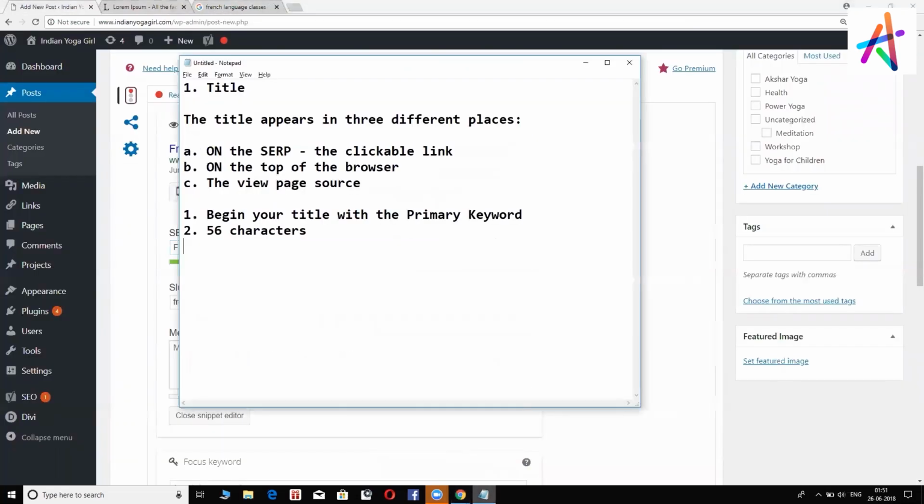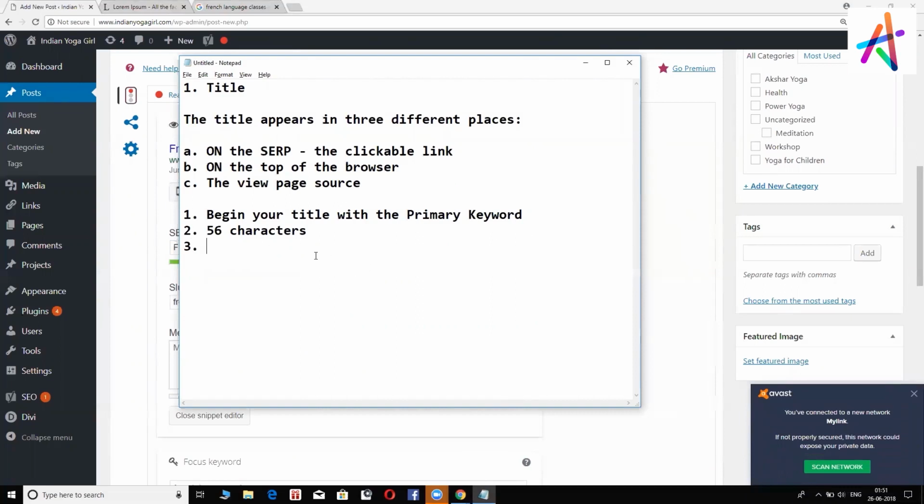Okay, so that's condition number 2. So begin your title with the primary keyword. Make sure it is 56 characters in length, or somewhere between 50 to 56 characters. That'll be good. Last but not the least, make sure